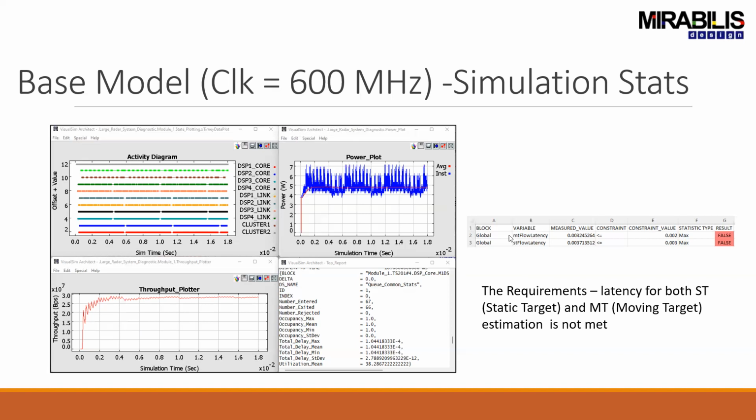And the main metric being that the requirements are not being met. Here we can see this is the output from the diagnostic engine, and we can see that the requirements that we had defined as input are not being met. So the measured value is greater than 2 milliwatts here. Here it is also greater than 3 milliwatts. So both the MT flow latency as well as the ST flow latency are not being met for this